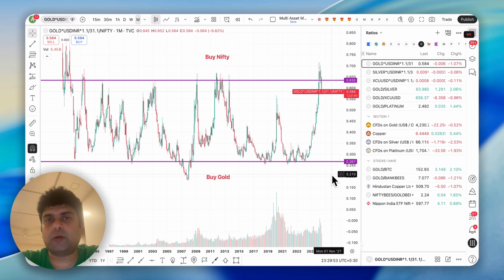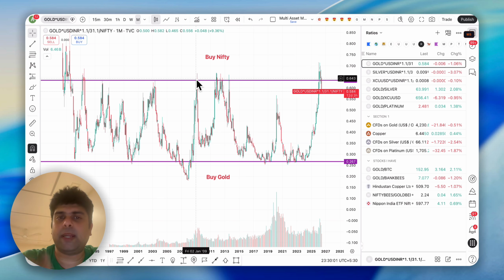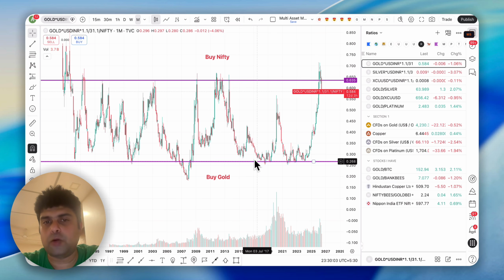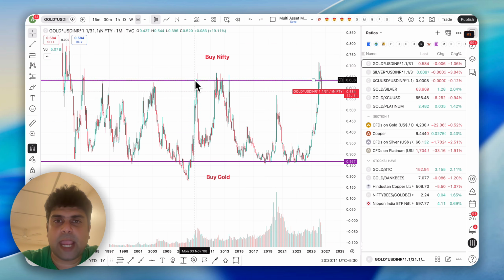And I think you can also do a calculation. I would suggest you do a calculation yourself. Go to these dates. This is a monthly time frame, but go to this exact date, right? Once you go to the exact date, calculate the difference from here to the opposite side, for both assets, Nifty as well as gold. And one of the interesting ways is to start looking at pyramiding.